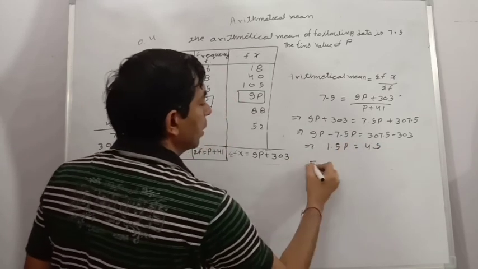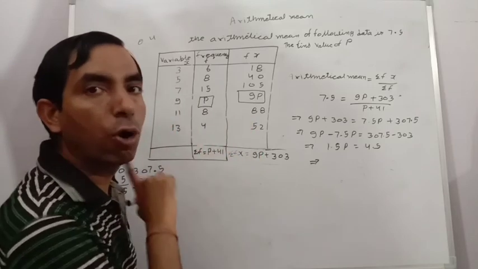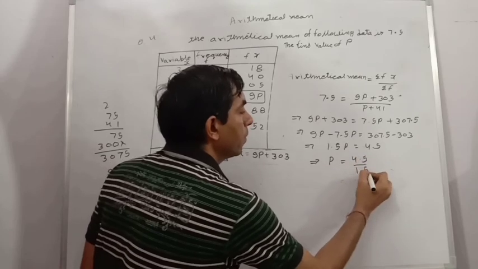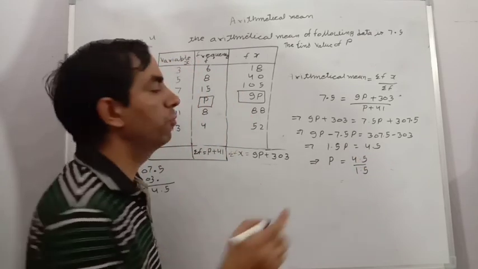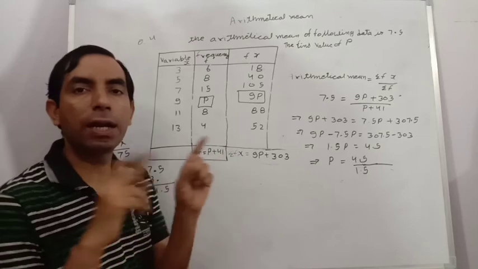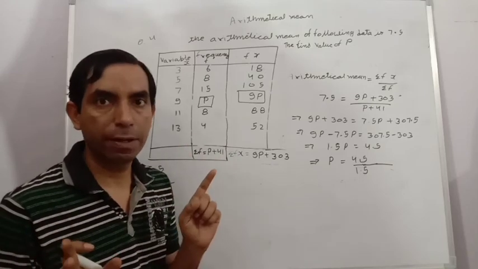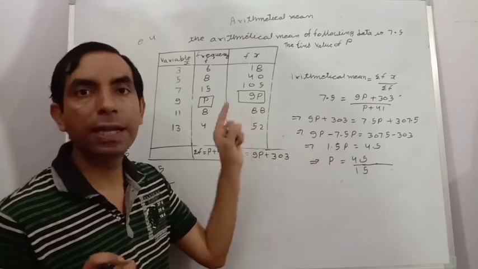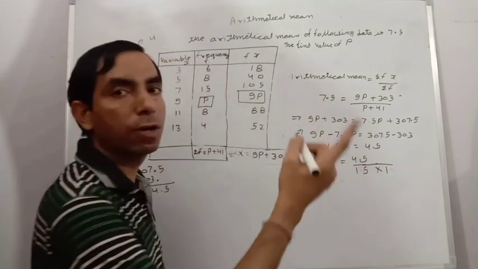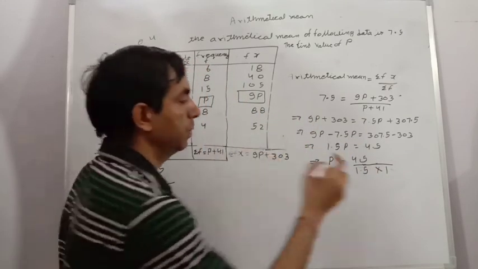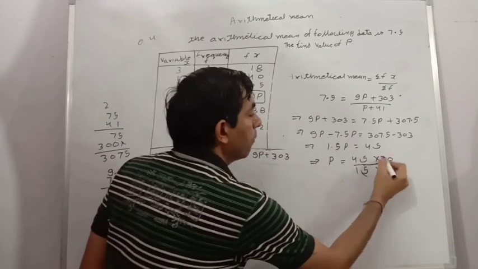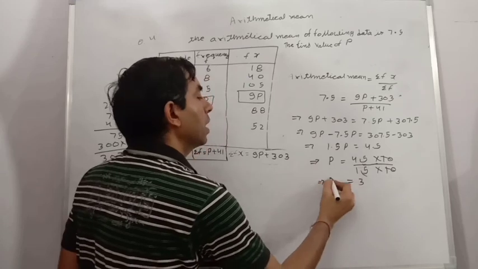By this method we can calculate easily. Now we take the alphabet on one side and all other numbers on the second side. Then we get p is equal to 4.5 upon 1.5. Again repeating, first remove the decimal. For removing the decimal, if it comes on only one side, then remove the decimal and write the number of zeros on the other side. But if the decimal comes in both numbers, then remove the decimal and write 1 with a number of zeros equal to the number of digits after the decimal, so 10. The 10s cancel, then 45 divided by 15 gives 3. Means our answer is 3.